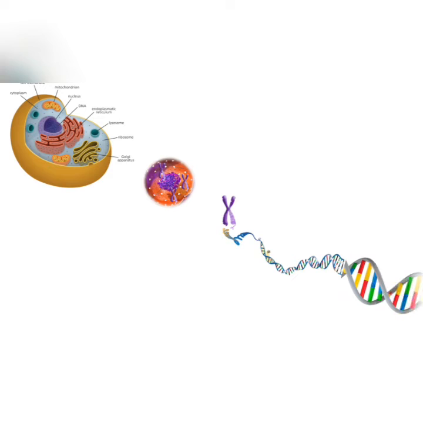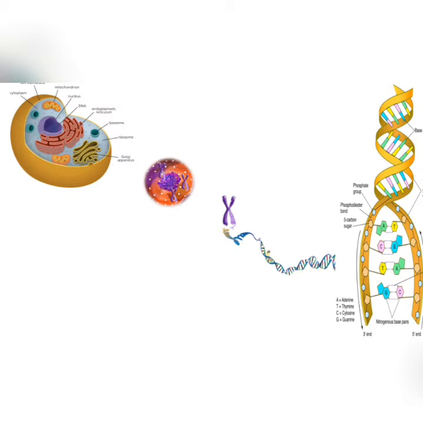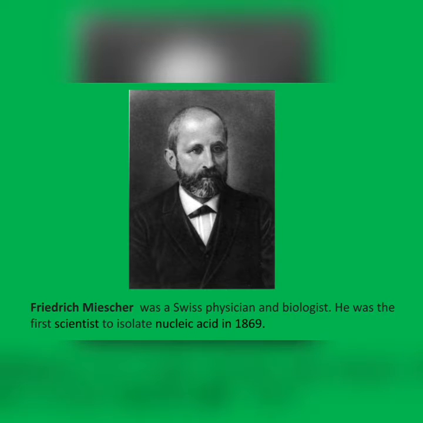In our previous lecture, we discussed that in our cell there is a nucleus, and inside the nucleus there are chromosomes, and there are different types of chromosomes present. These chromosomes are mainly made up of what? DNA, that is deoxyribonucleic acid. And this is an acid, and it was discovered by Swiss biochemist Friedrich Miescher in 1869 while studying